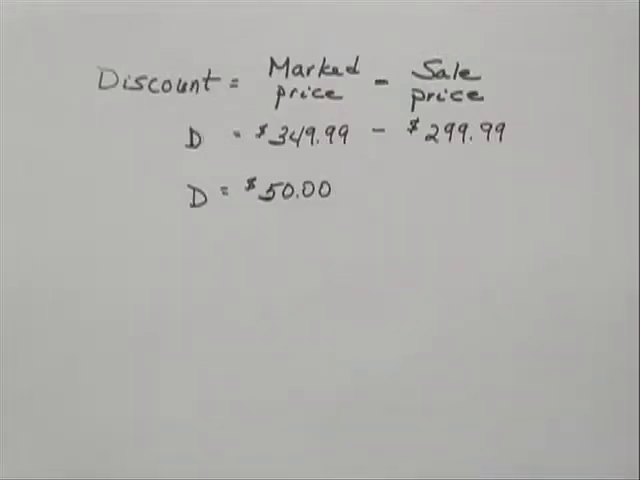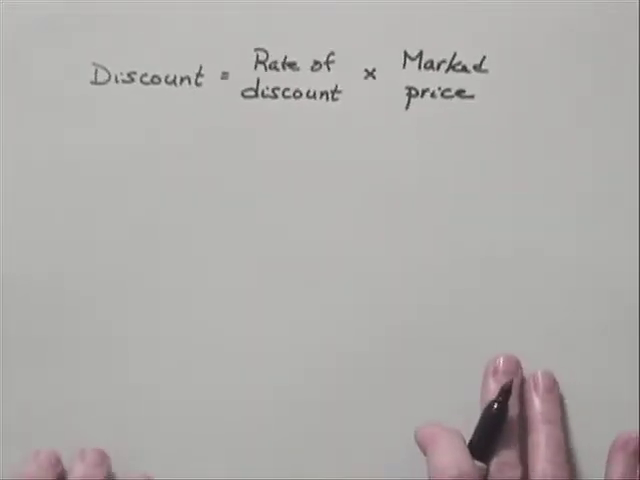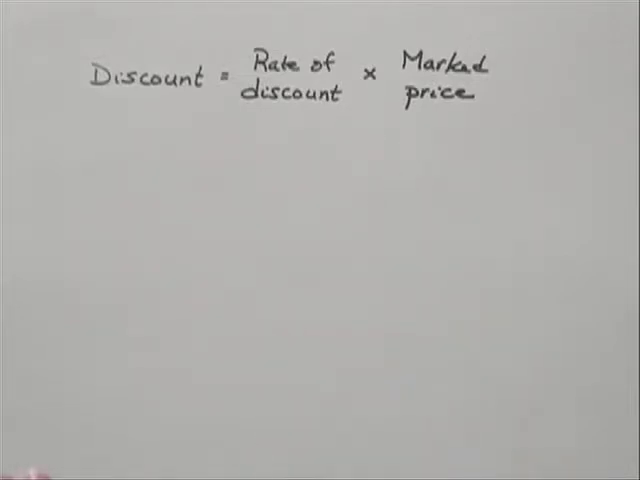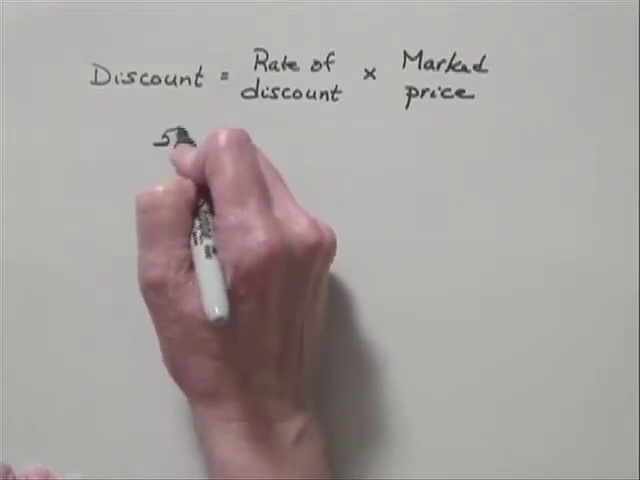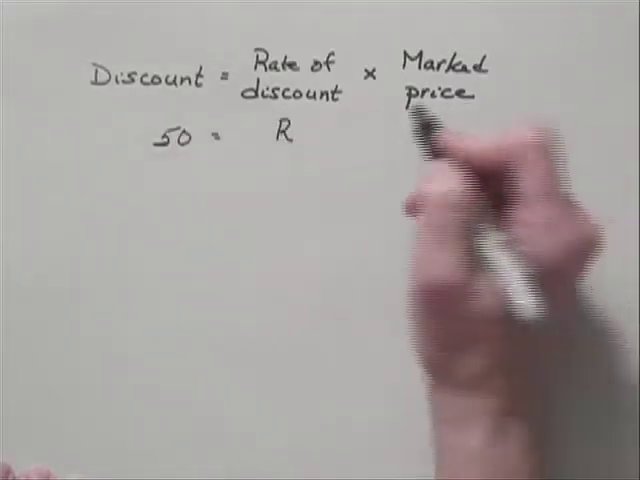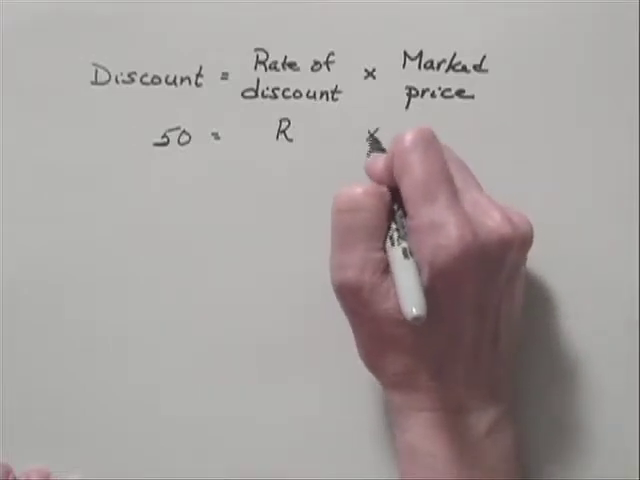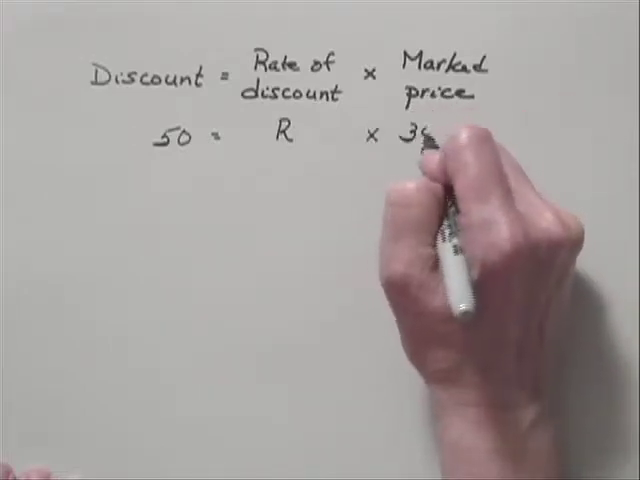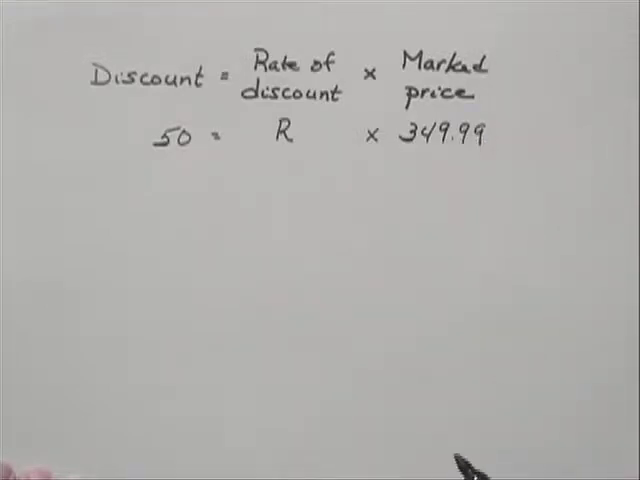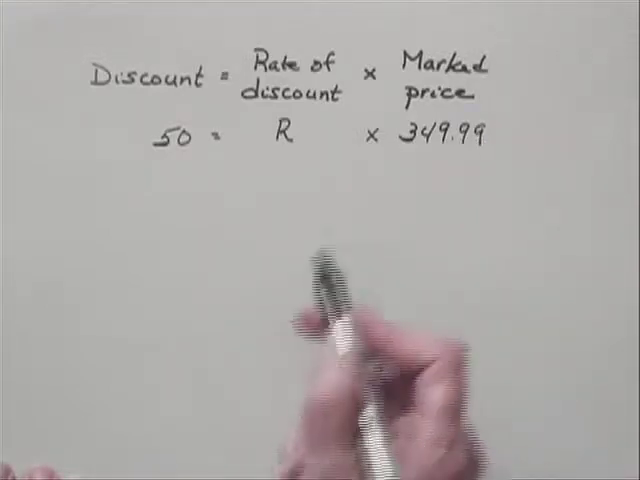We're also asked to find the rate of discount. And we can use this to do that. We know that the discount is equal to the rate of discount times the marked price. Now, we just found that the discount was $50. We want to find the rate of discount, and we'll call that R. And we multiply that times the marked price, which was $349.99. So we want to solve this equation for R, and we can do that by dividing by